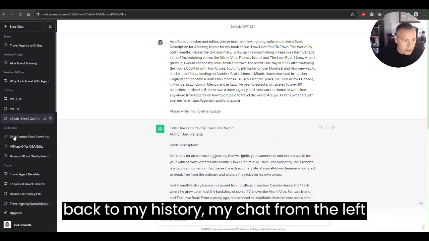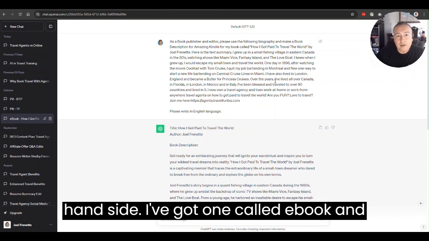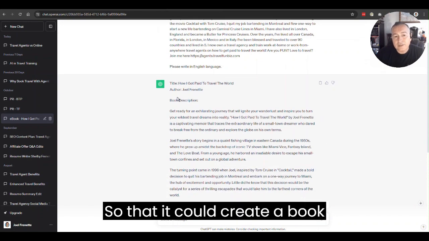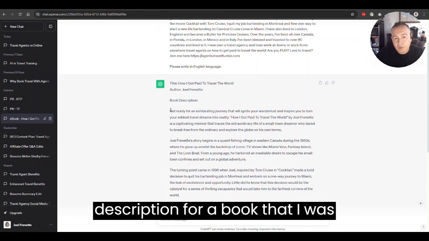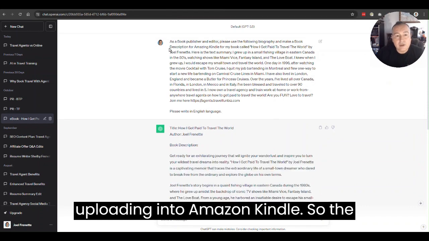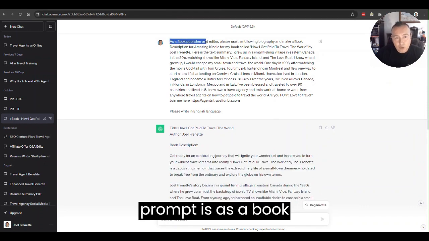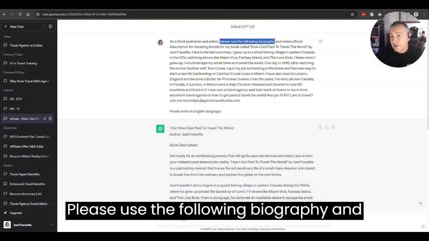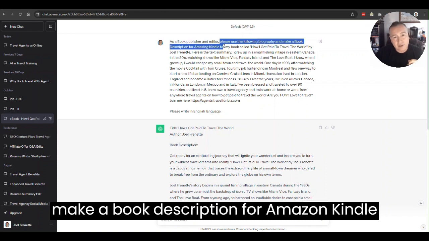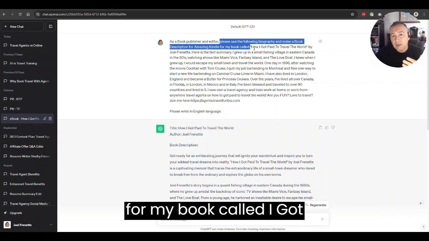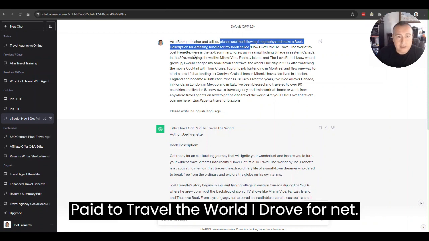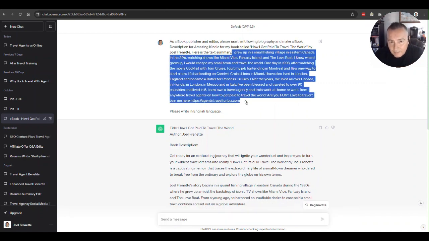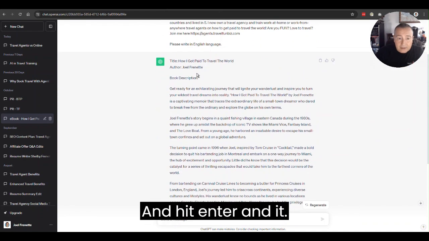Going back through my history, my chats on the left-hand side, I've got one called ebook. And I remember this is the prompt I gave it so that it could create a book description for a book that I was uploading into Amazon Kindle. So the prompt is: as a book publisher and editor, please use the following biography and make a book description for Amazon Kindle for my book called How I Got Paid to Travel the World by Joel Furnett. Here is the text summary. And I created this little summary here. You hit enter and it